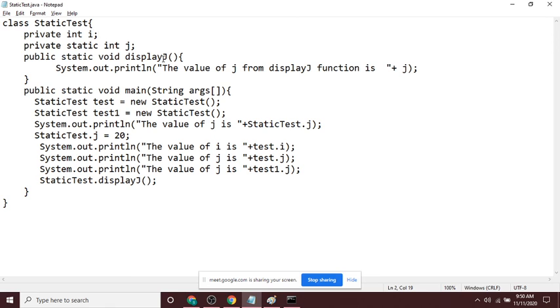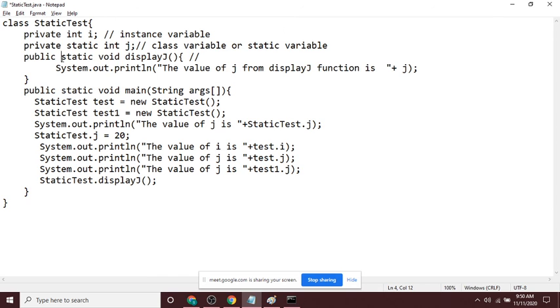So this i is an instance variable. j is a class variable or static variable. And what about this display? Is it an instance method, a member function, or a class method? It's a class method.